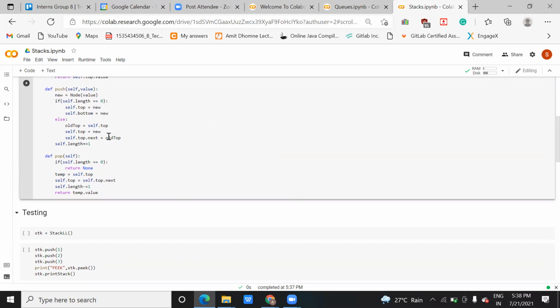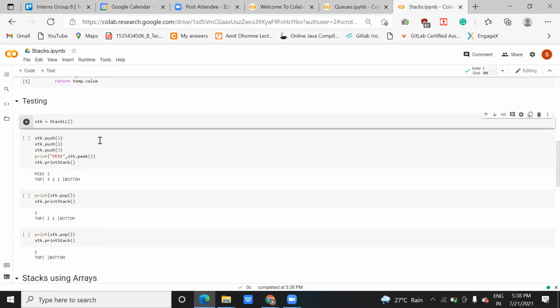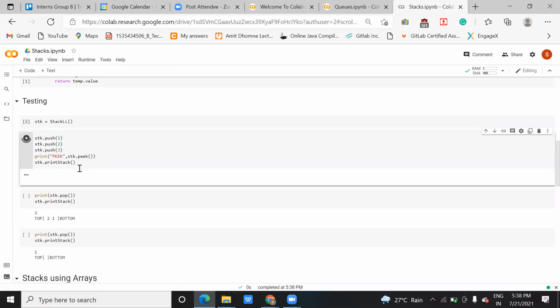Now it is clear? Yes, now it's clear. Okay. So when you run this, I'm calling this class with some object or variable, and after that, whatever operation you want to perform. You can see it here. Push will keep on continuously adding an element. And when you want to print it, it will print like this.